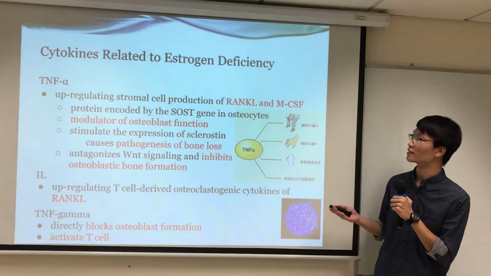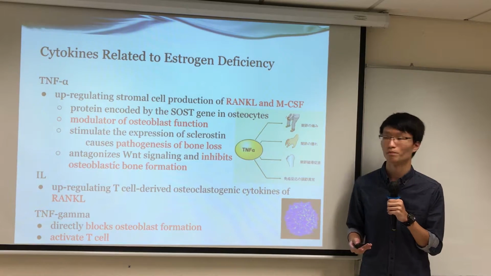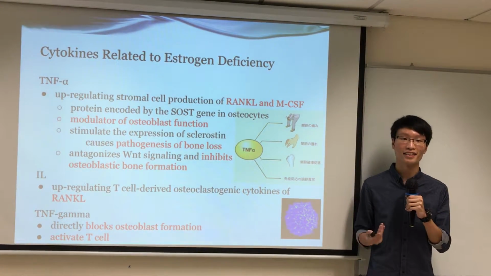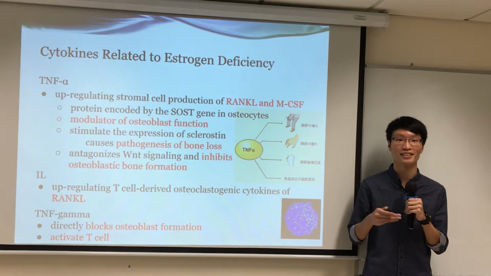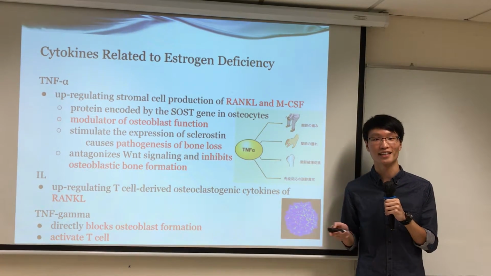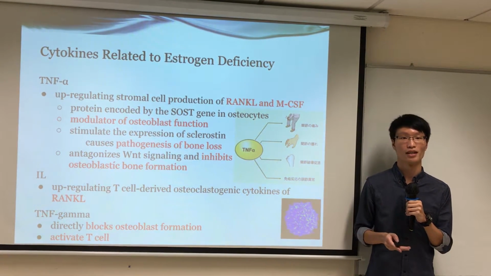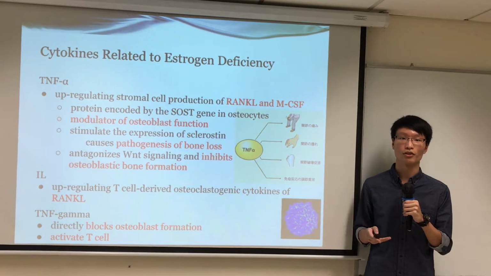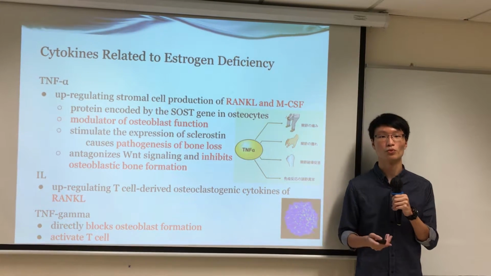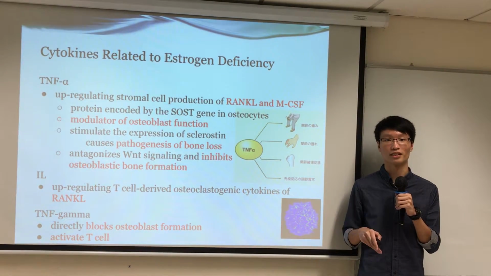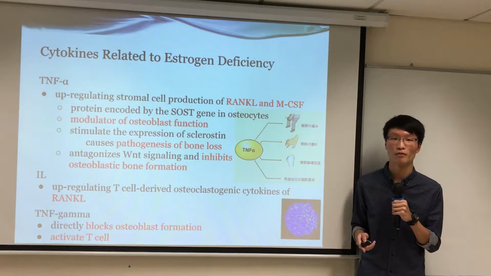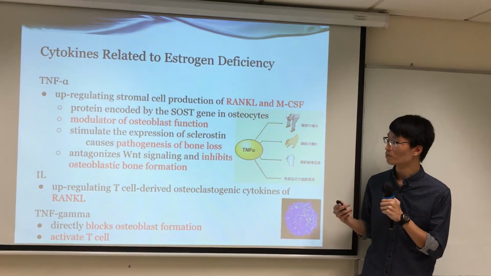Here are some cytokines that are related to estrogen deficiency. TNF-alpha can stimulate cells to increase production of RANKL and M-CSF. M-CSF can bind to receptors on osteoclasts, inducing differentiation and increasing the bone resorption rate, which upregulates the plasma calcium level. And these cytokines contribute to the pathogenesis of bone loss,